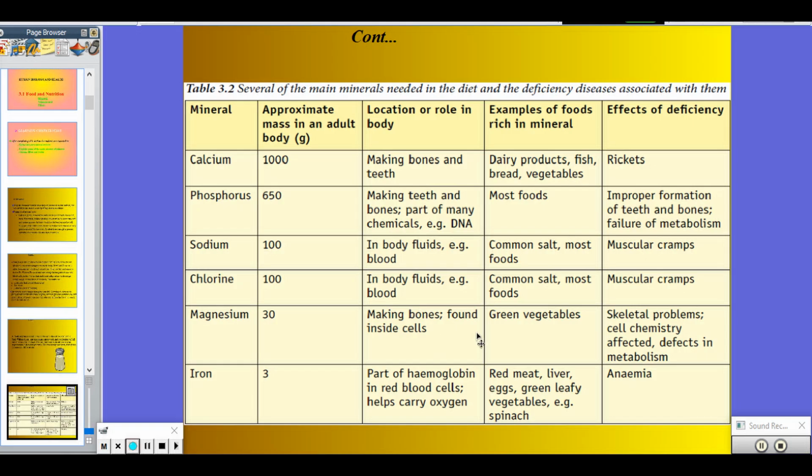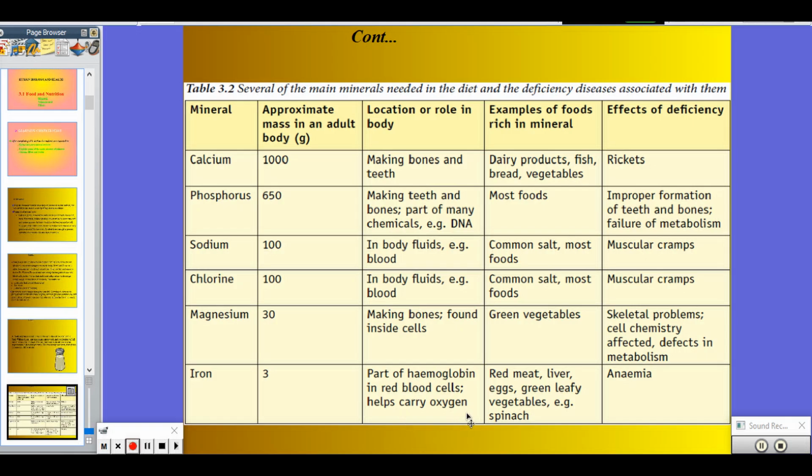Its function is making bones, and it is found inside the cell. We get it from green vegetables. Lack of magnesium leads to skeletal problems, cell chemistry is affected, and there are defects in metabolism. And finally iron: the adult intake is about 3 grams, and its location is part of the hemoglobin in red blood cells,